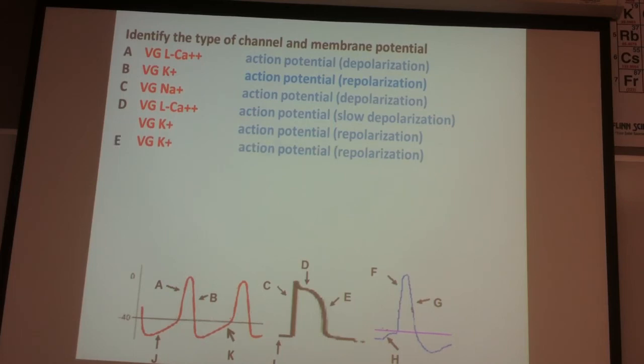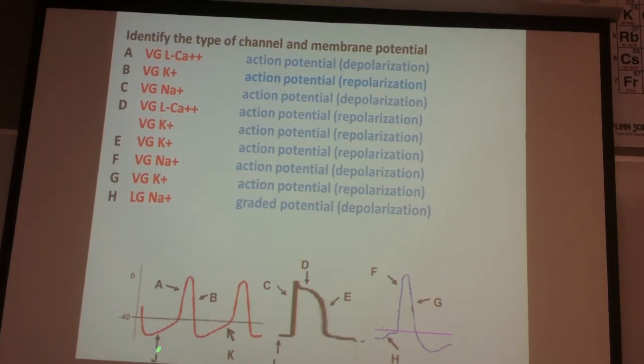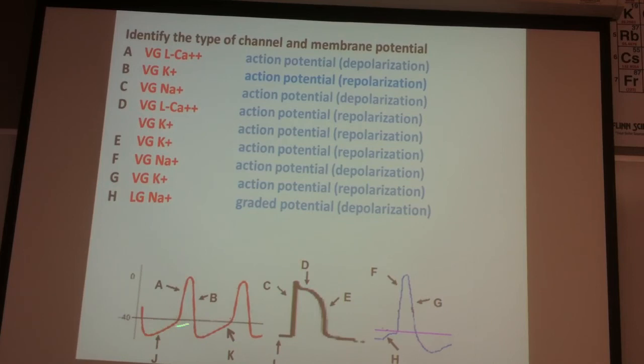Okay. E, back to voltage-gated potassium. F, skeletal muscle, that's our typical sodium one that you already heard. Voltage-gated sodium. G, voltage-gated potassium. H, ligand-gated sodium, usually with acetylcholine, that's going to be a sodium. And then finally, over here at the beginning of our depolarization for the autorhythmic cells,